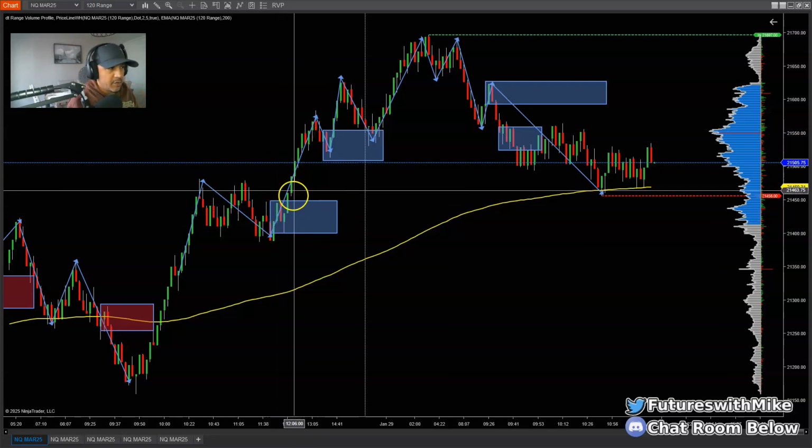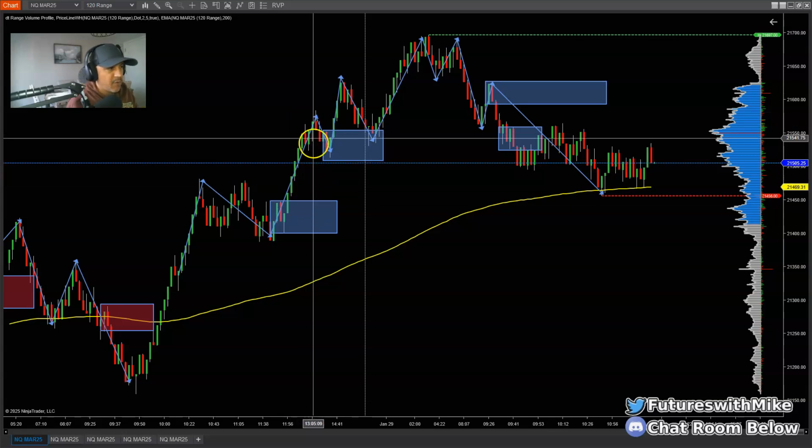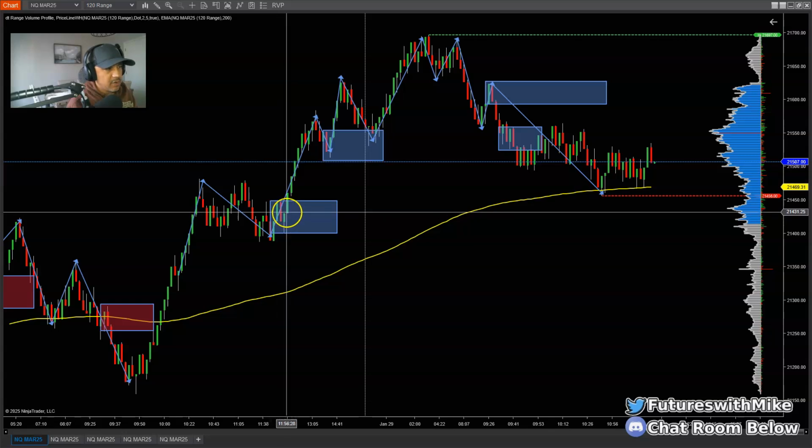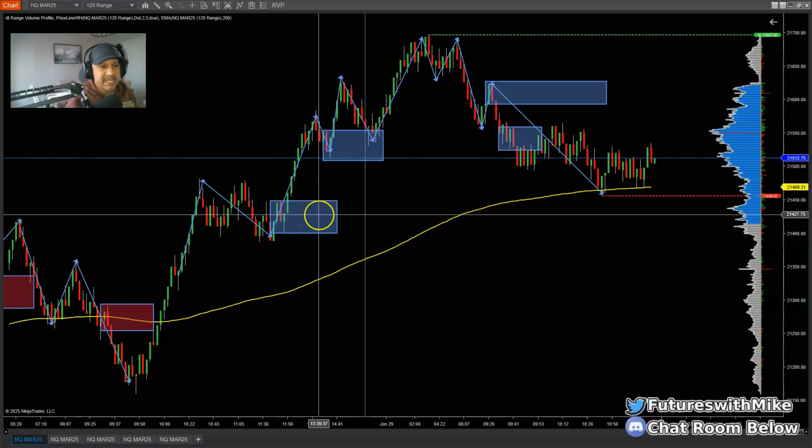So I'm looking to go long here. I would have been looking for a pullback to this area that I've marked up at this high probability zone, then move down to my 24 range, or maybe you trade time-based charts, maybe you're using a 5-minute chart. And I'm not saying that range charts are comparable to time-based charts, because they're not. They're calculated differently. For all those that always ask, they're not the same, and you're not going to find one that's 100% exact to the movement based on price action when it comes to the candles.